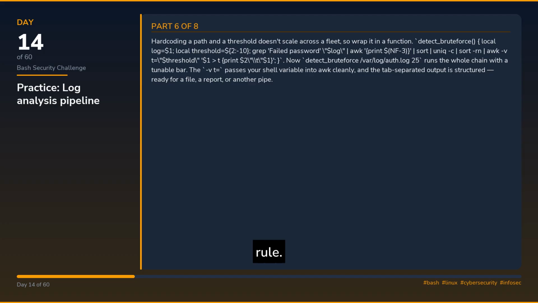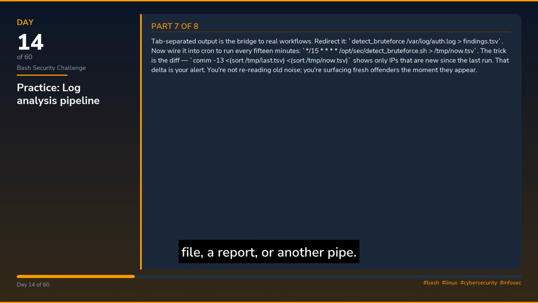The -v t= passes your shell variable into awk cleanly, and the tab separated output is structured, ready for a file, a report, or another pipe. Tab separated output is the bridge to real workflows. Redirect it: detect_brute_force /var/log/auth.log > findings.tsv. Now wire it into cron to run every 15 minutes, */15 * * * * /opt/sec/detect